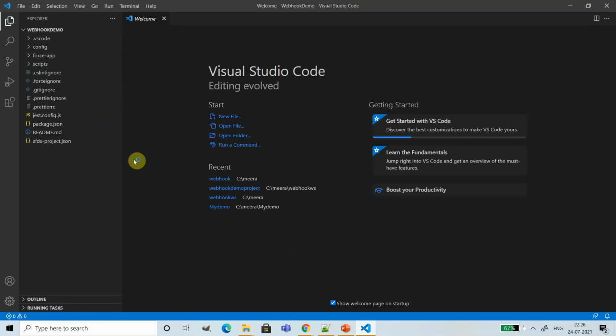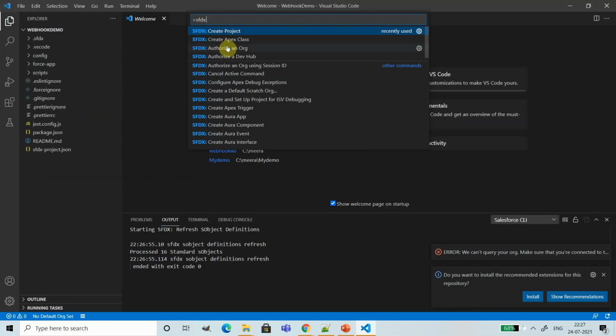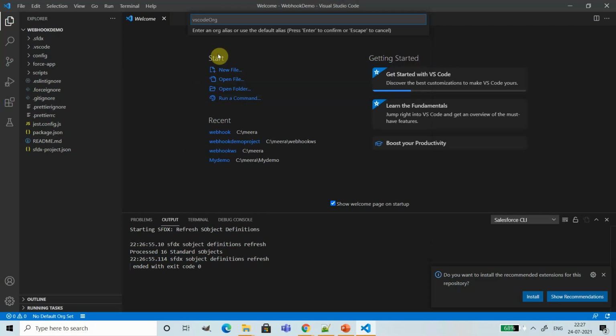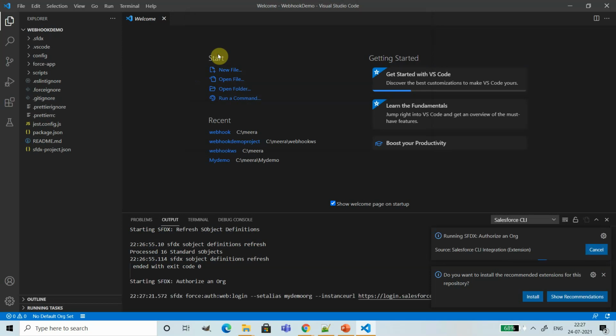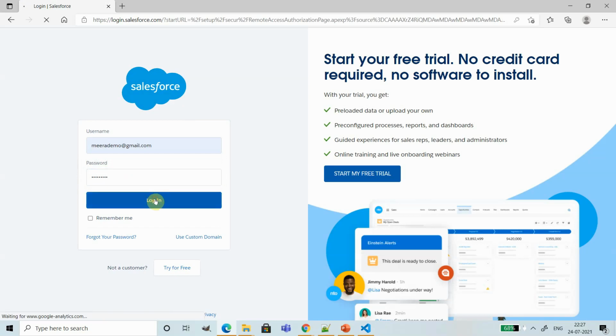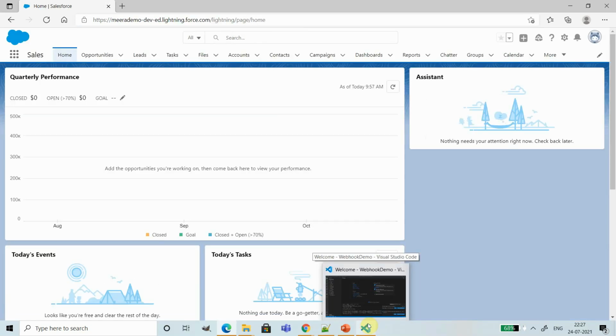Project is created already, and let me connect this local project to my org. I'm connected to my developer edition. The connection is established.